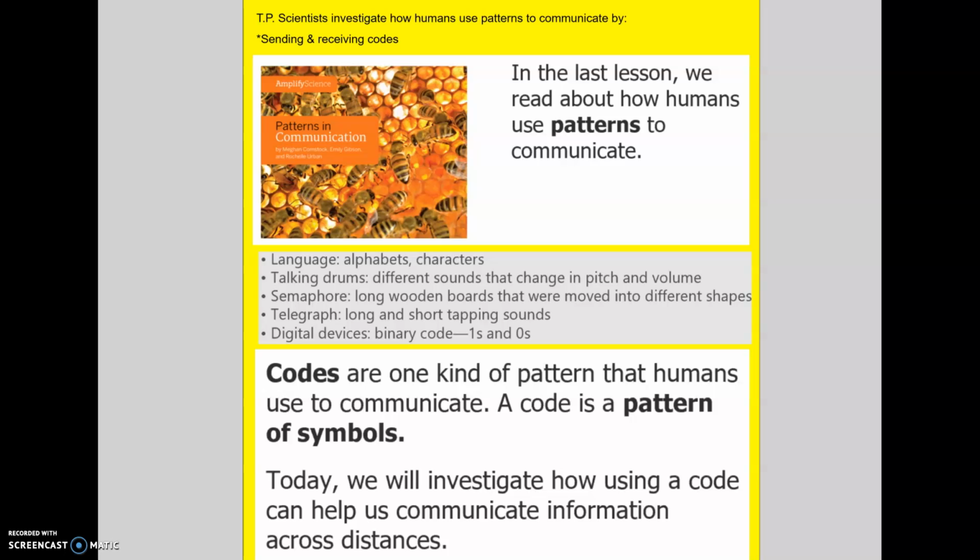We are continuing investigating how humans use patterns to communicate by sending and receiving codes. In the last lesson, you read about how humans used patterns to communicate, and we found all these different methods of communication. Today, we're just going to look at digital devices and binary code with ones and zeros. Codes just mean a pattern of symbols. But today, we're just going to look at binary codes and how those binary codes can help us communicate information